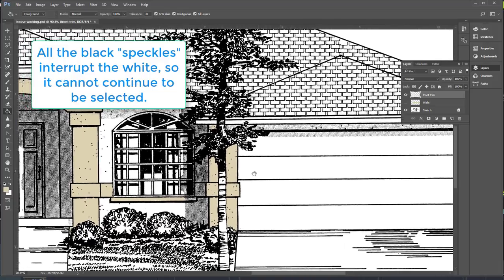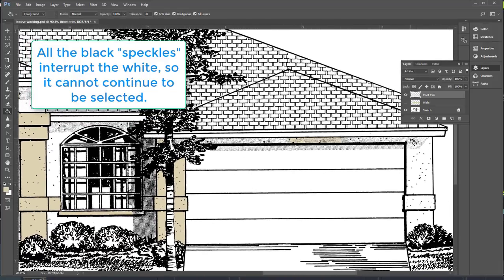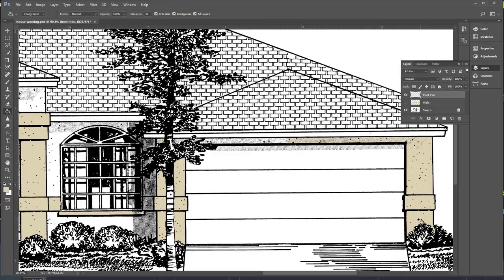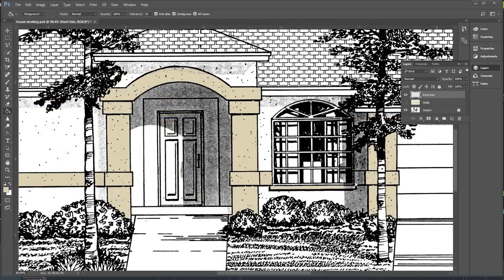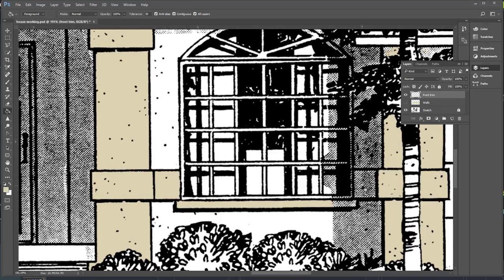Now you'll notice that some of this will not fill. We're going to have to go back in and correct that because it will only fill certain areas depending on where you select. Anything that's in a shadow is not going to be filled properly. Now zoom in close to this section. Like I said, not everything is going to fill properly. This didn't pick up because we have very little area that's actually white. So we're going to have to pick up